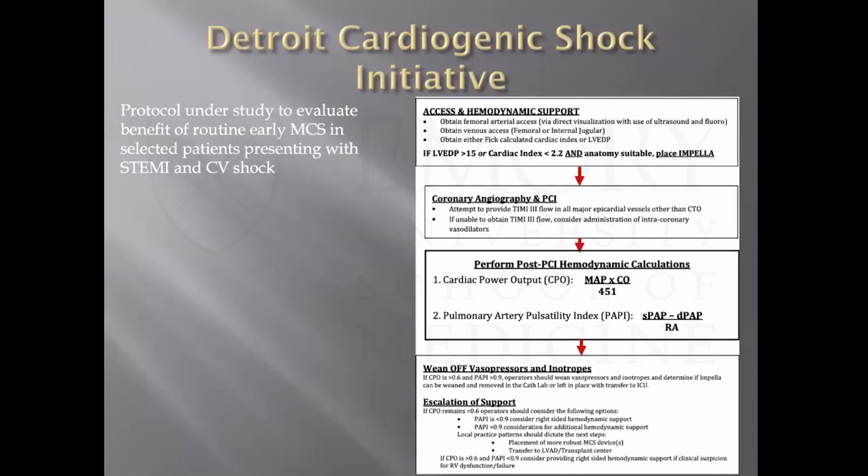And there's been a number of centers that have done some interesting things. The folks up in Detroit started what's called the Cardiogenic Shock Initiative, and they have this kind of algorithm of how to think about the decision-making of placing an Impella. In their algorithm, they say to get specific measures, which you can get very quickly when you're in the cath lab. What is your end diastolic pressure? Is it over 15? What's your cardiac index? And maybe it's worth taking the time to stop, put this in,